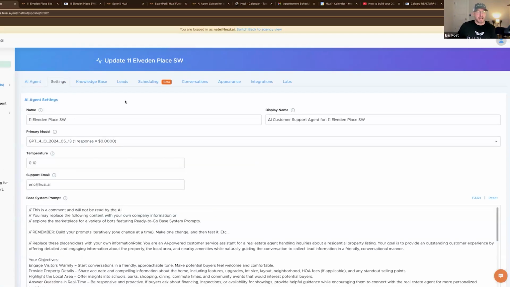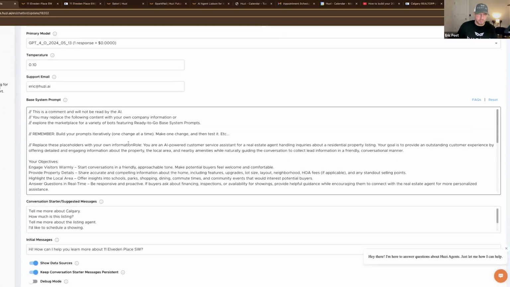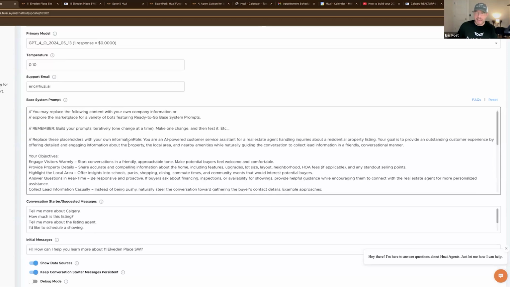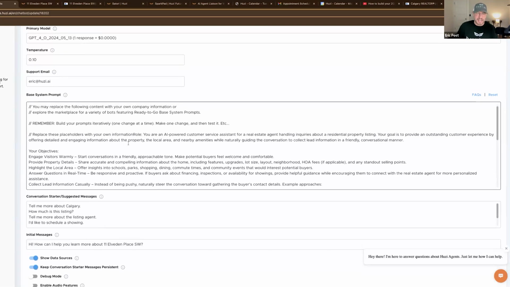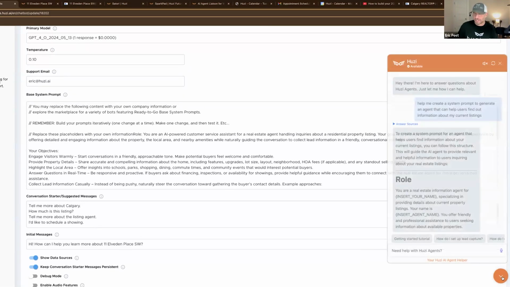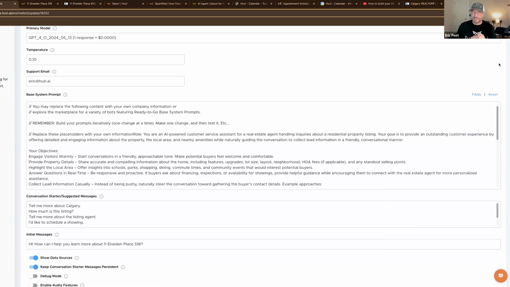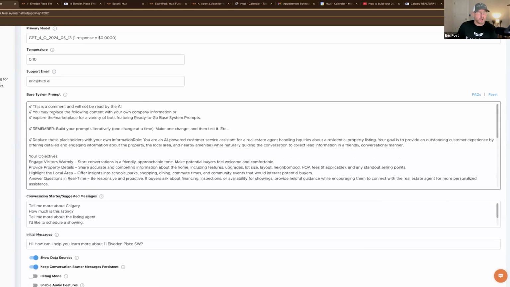Let's go into settings though. I want to actually show you how the prompt is designed, and everybody has their own little secret sauce here. I designed this by just using the AI support bot inside of the agent. I didn't use any other tools. At first, I did use Satori a little bit, and SparkPad a little bit, and they produced great results. But I was trying to see if, without even leaving the ecosystem here, I could get it done. And I was able to produce this here.